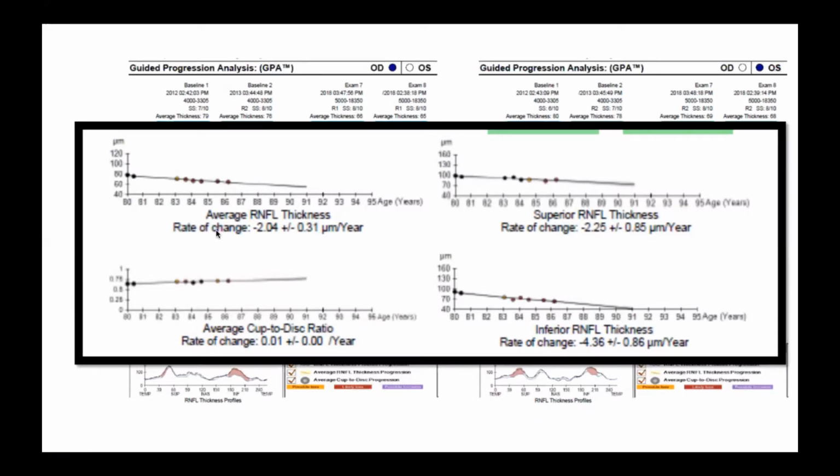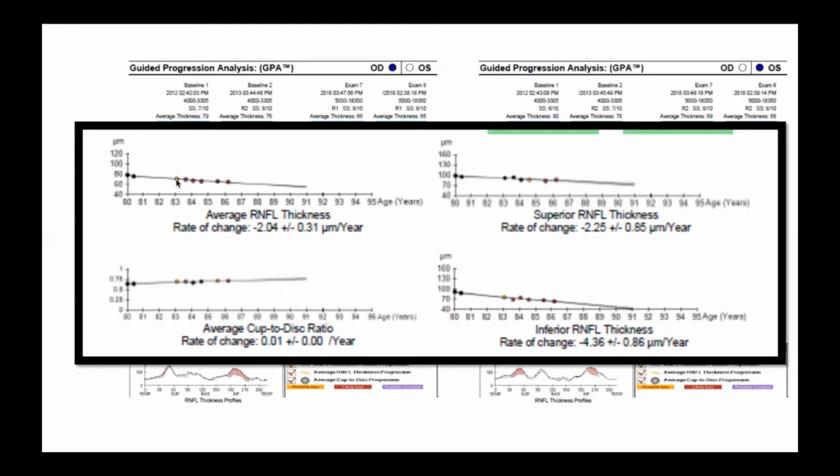But one of the things that I want you to notice is that there's this period of time, about 3 years, where we really don't have any testing. And he had sort of dropped off the map. He had sort of stopped coming in for his regular checkups. He was not really believing that he had glaucoma. And so we have this gap in time. And when he came back here at about age 83,